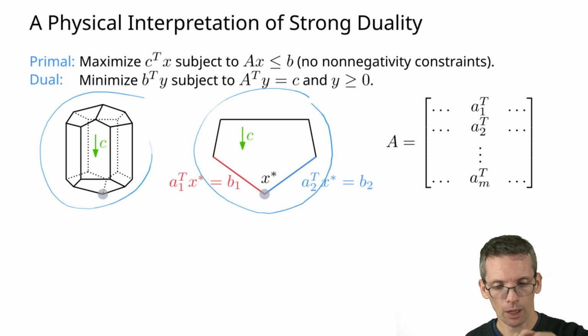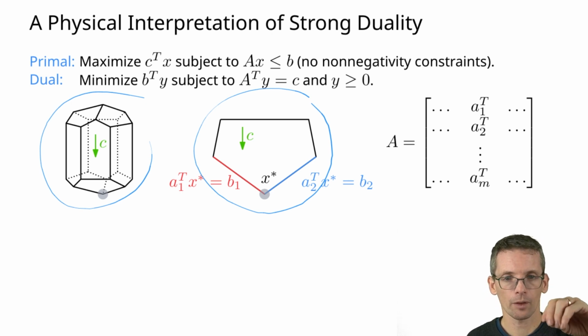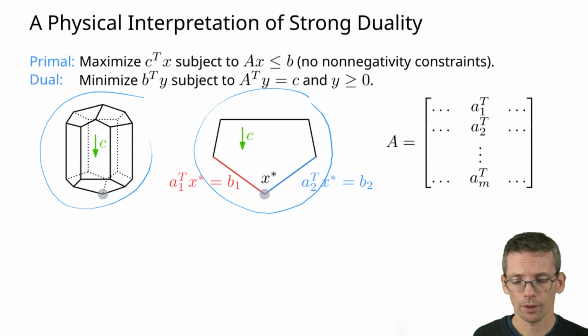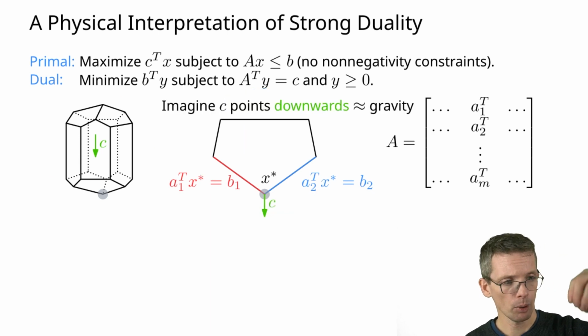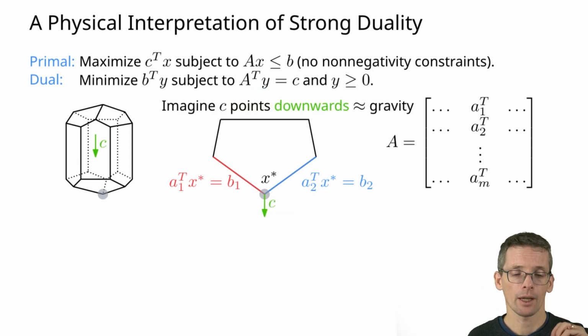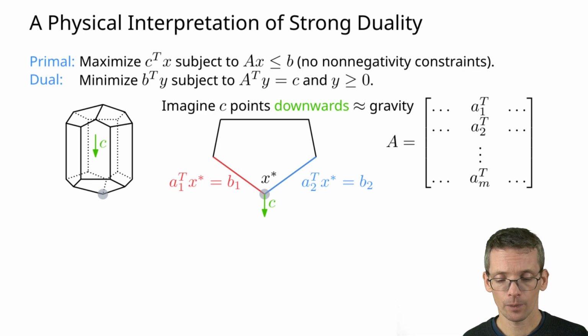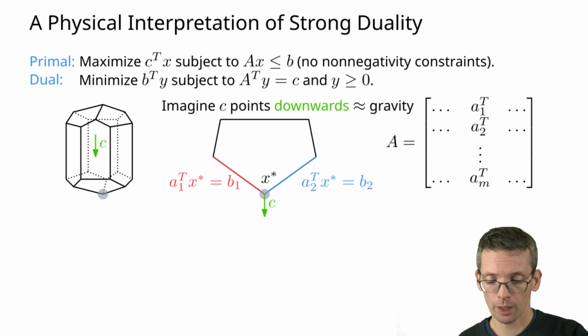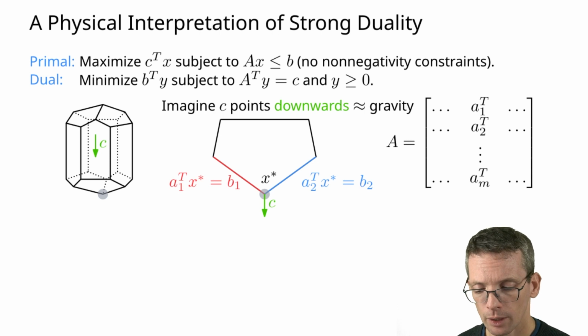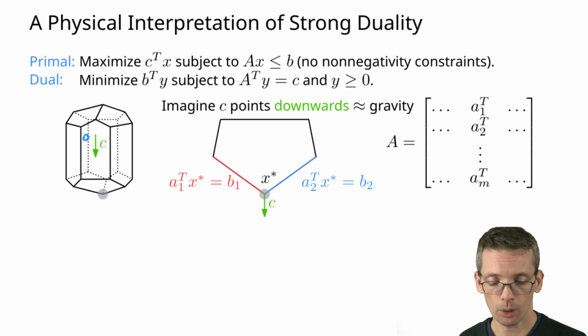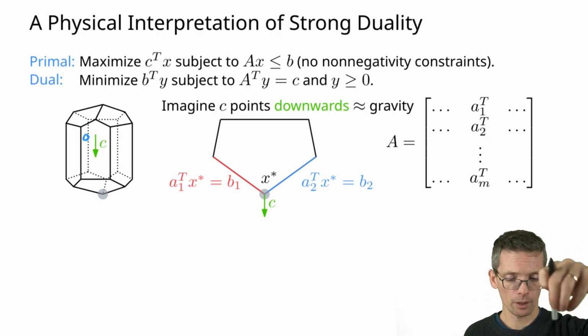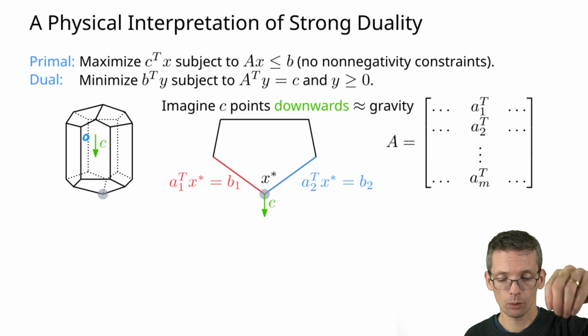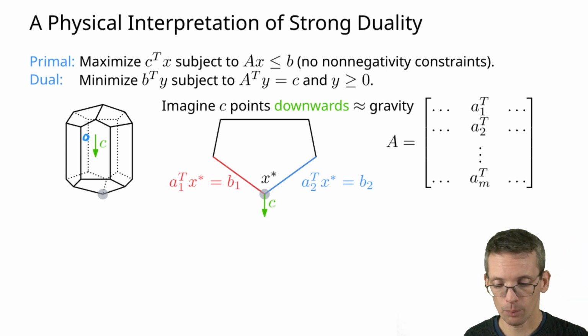Now let's assume that the c from the objective function actually points downwards, so we can interpret it as gravity. And further assume we pick a feasible solution. Any feasible solution we see as a ball, which we can then drop within the set of feasible solutions. And gravity will now pull this ball down